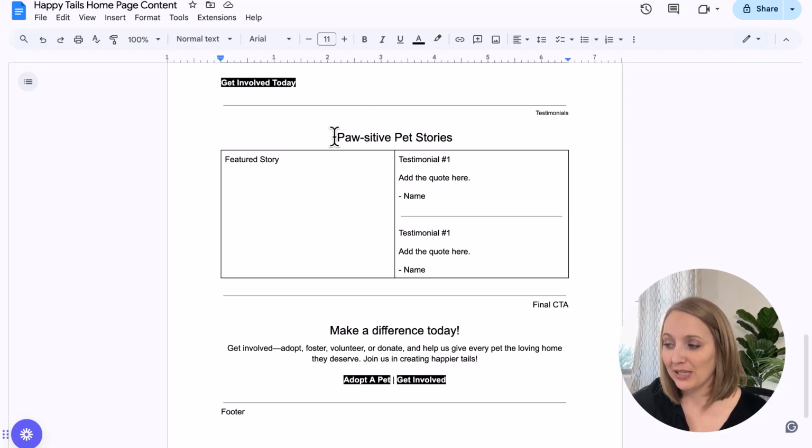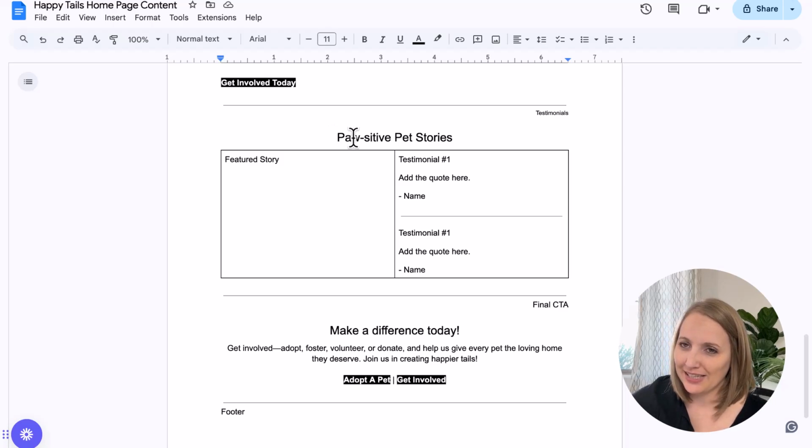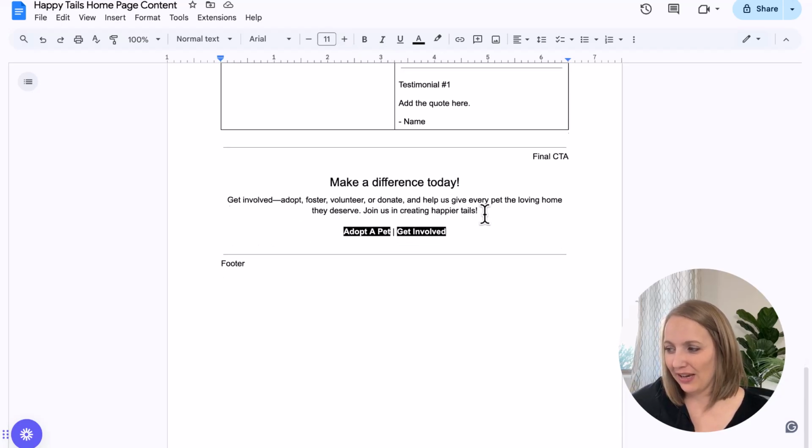So I've labeled this, it says positive pet stories. Get it? Positive, get it? And then after that, we're going to have a final call to action, which is all about making a difference